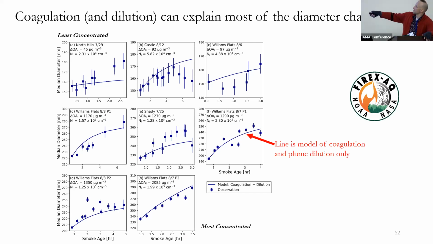And you can see for most of these cases, the model follows the trends quite surprisingly well. In this case, it doesn't get enough growth. In this case, it follows the growth, but then I think the plane wasn't Lagrangian enough in this bit and was sampling smoke that was emitted earlier and the particles get smaller. I don't think that's real shrinkage. I think that's just the way it was sampled. But for the most part, the model's getting that.